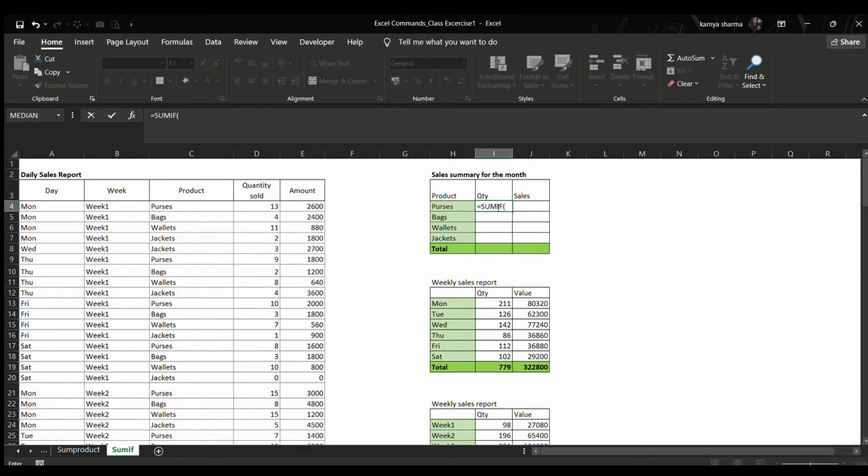We need total quantity for the purses, and the purses will be found from a column, or from a range. In this case, we will use column C, which has product categories and from which our criteria will be picked. So for our range, we will select column C.